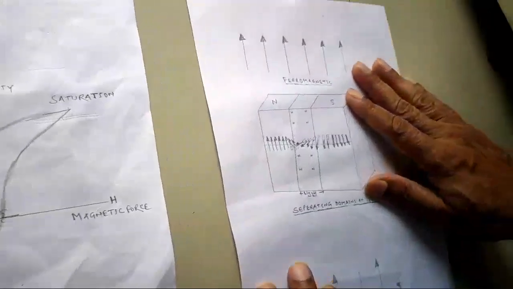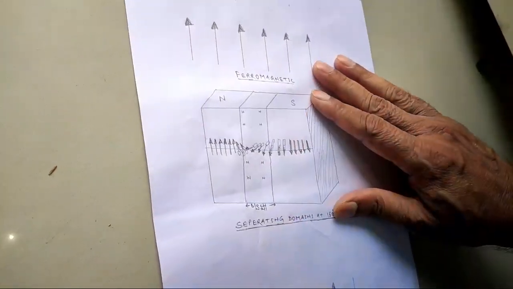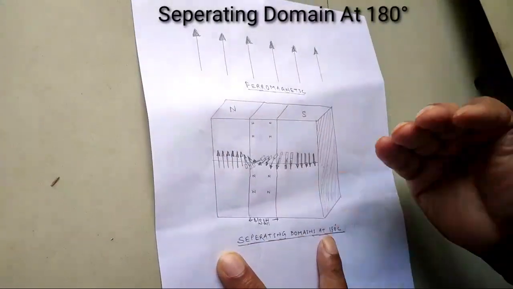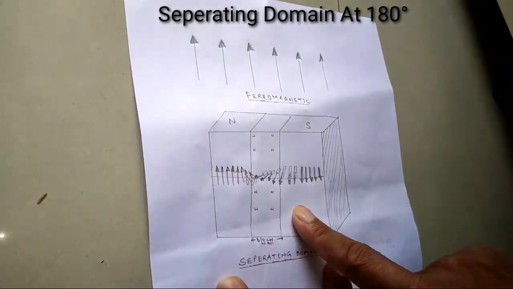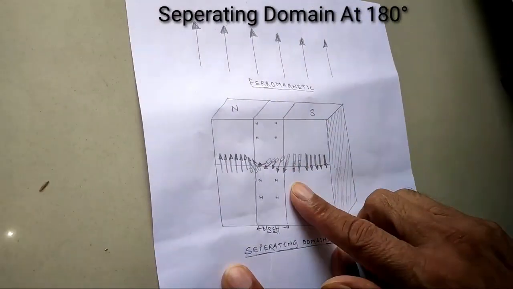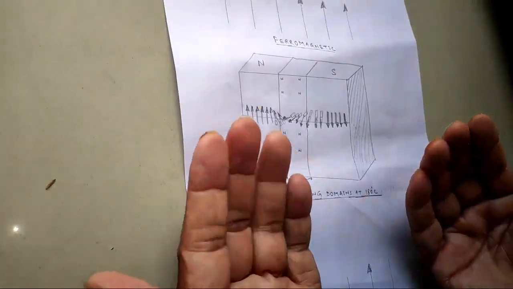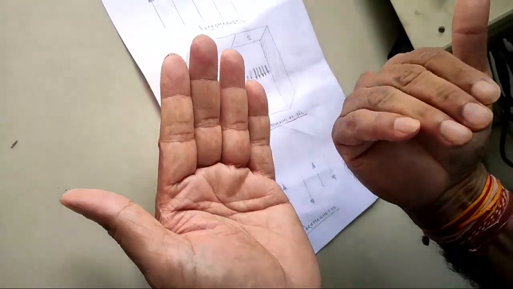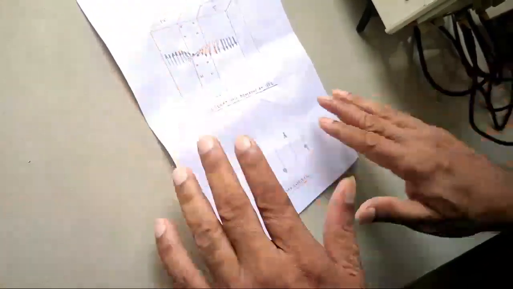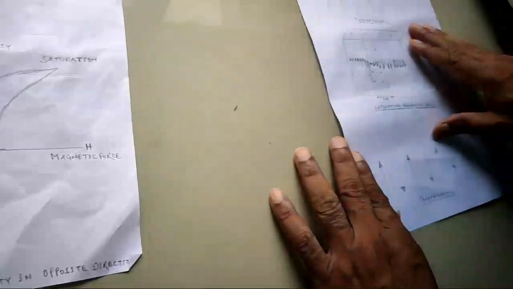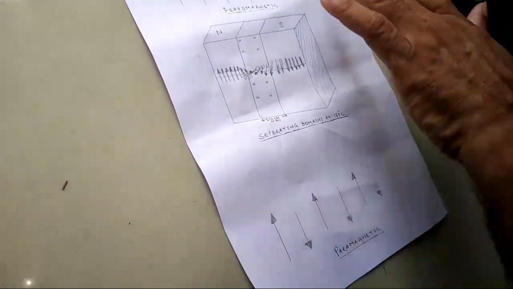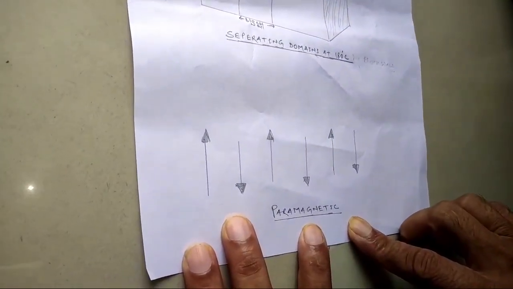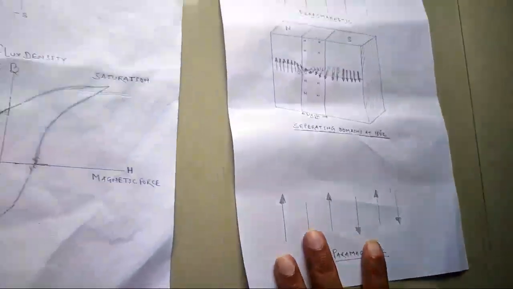As far as theory is concerned, you will understand with the help of this model we have made here, that domains are aligned here. The rotation of domains is going to take place here. You will find that with the rotation, the domain walls are going to rotate, and at the end you will find that reversal is going to occur. So first of all they are aligned, slowly they are going to take this shape, and ultimately they are going to disalign, reversal. So in the BH loop this phenomenon takes place. With these arrow marks we have shown that ferro to paramagnetic character is induced here. So let us come to the experimental part, how we are going to do it.